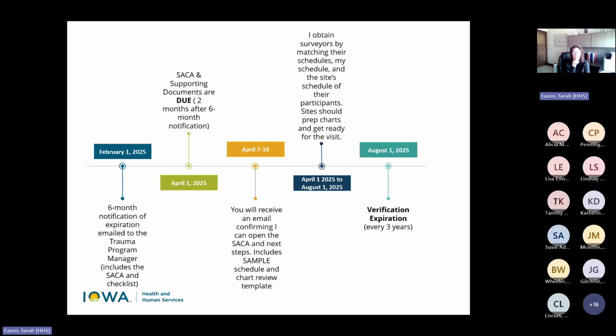Maybe I want to back up my review period a little bit more to give me a little more breathing room, which is totally fine. So again, it's your choosing what review period you want to do. Perhaps you want to go from December 1st, 2023 to November 30th, 2024. That allows you an extra month. It does not have to be a calendar year for your review period. It does not have to be a fiscal year for your review period. It is just truly a review period that you pick, must be recent, and also allows you plenty of time to have those end of your review period patients into the registry.